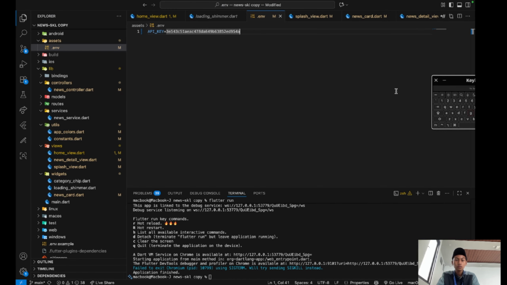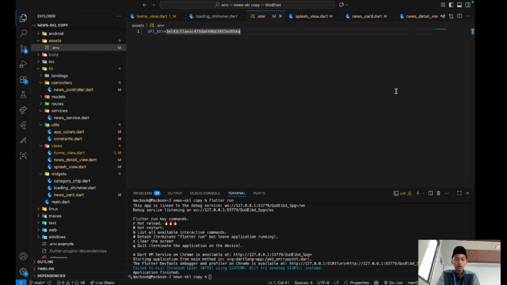So today I want to tell you about my project, which is a News app. The first thing you must know about the News app is the env. Where is the env? It can be stored in Android, then assets, and inside the assets folder there is a file named .env. In the .env file, the first line is the API key.